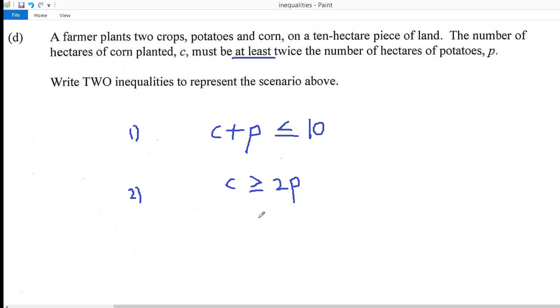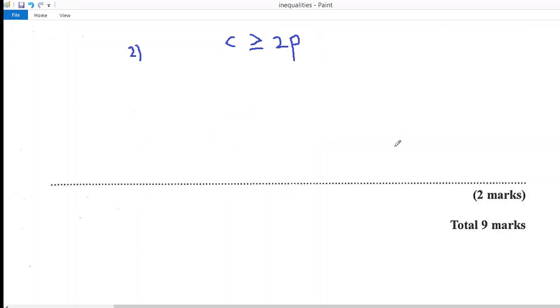Okay, so our second inequality is C is more than or equal to 2 times P, where C represents the number of hectares of corn planted and P represents the number of hectares of potatoes planted, and this would have